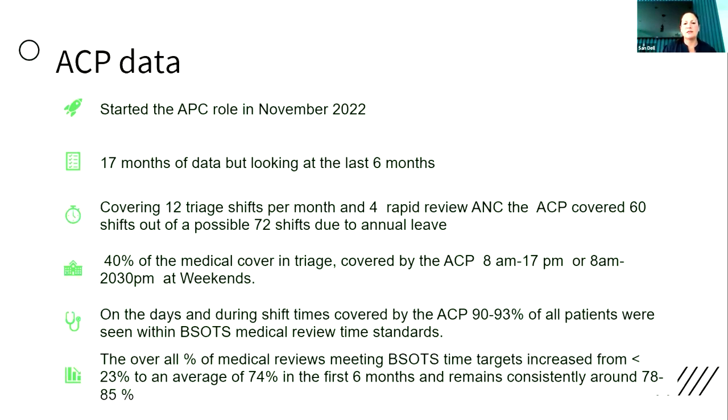But since I started in 2022, we've got around 17 months' worth of data. Looking more importantly at the last 6 months, I have covered 12 triage shifts a month, which doesn't sound like very much, but I do 4 rapid review clinics a week. So every Thursday I run a clinic who,